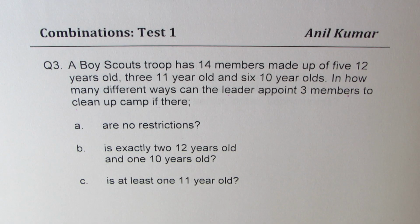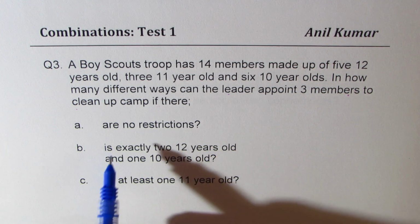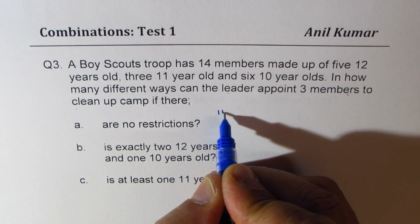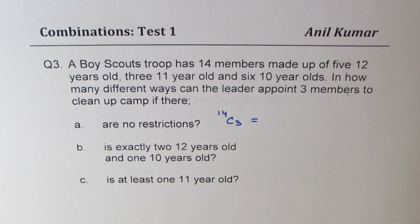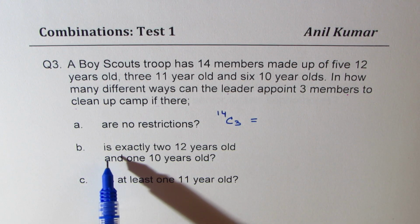Question number 3. A Boy Scouts troop has 14 members made up of 5 12-year-olds, 3 11-year-olds, and 6 10-year-olds. In how many different ways can the leaders appoint 3 members to clean up camp if there are no restrictions? So that is 14C3, correct? So 14C3 is the answer for the first one. You need to select 3 out of 14. Now the second one, part B, is